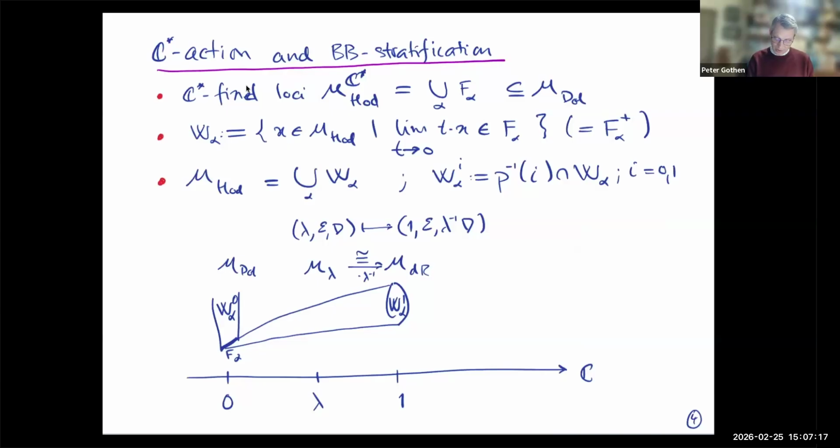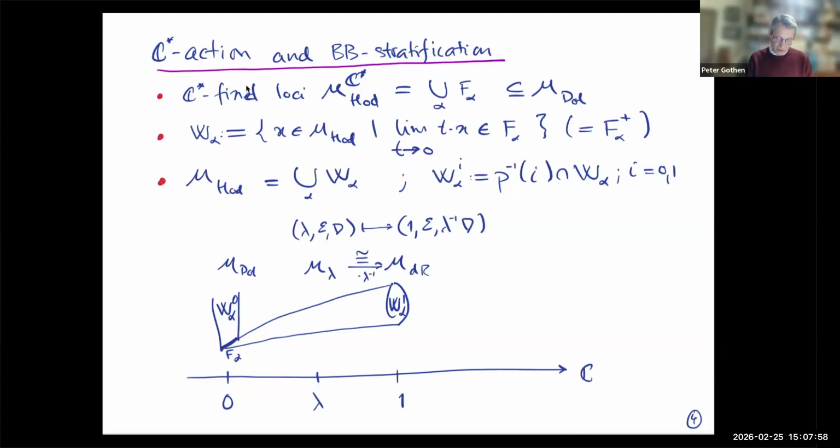So let me try to explain the picture for the moduli space of lambda connections. You have some fixed loci. I write them as F alpha, and here you can see it's quite obvious that since you cover the usual multiplication by lambda action down here on the C, all fixed loci must lie over 0. So these are the usual fixed loci in the Higgs moduli space. You get the corresponding stratification by these stable submanifolds of stuff that flows down to the F alpha fixed locus.